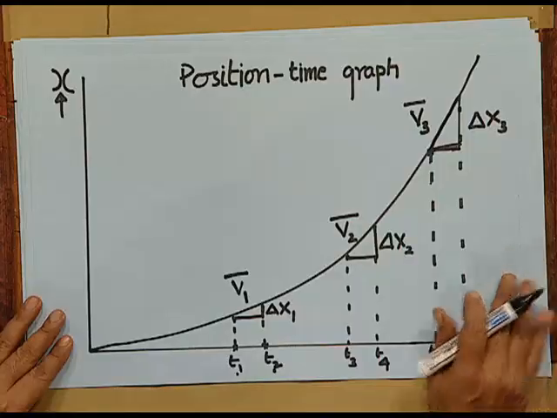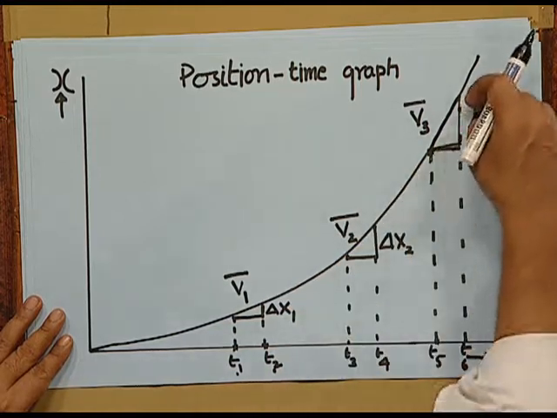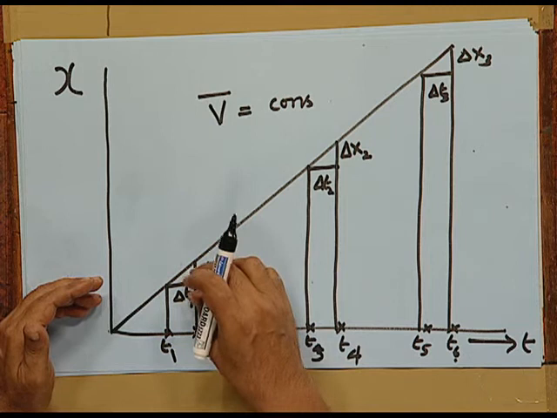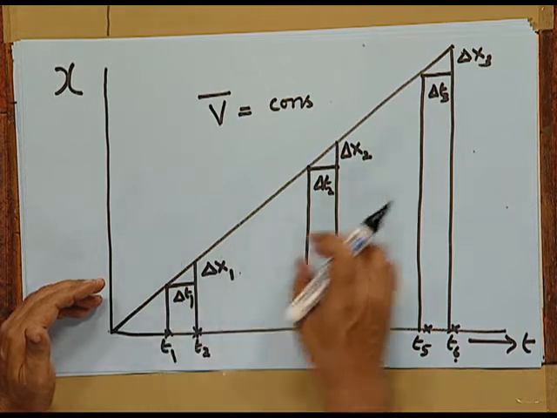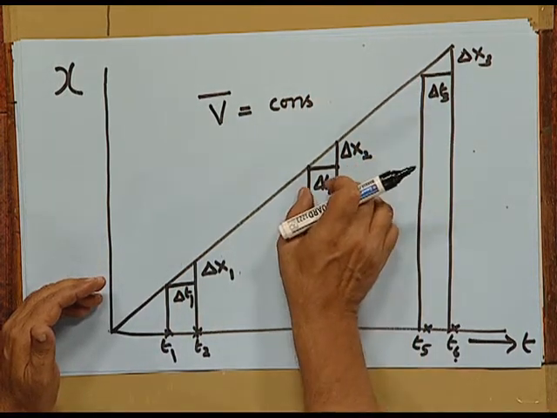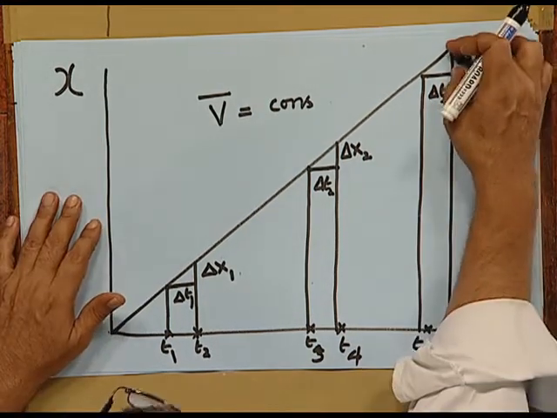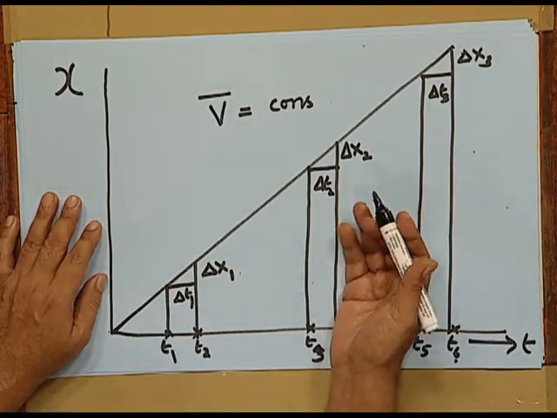Look at this, this is a curve where the position time graph had different slopes at different timings. The slopes go on increasing, meaning the velocity goes on increasing. Look at this graph again, where position versus time was a linear graph. We notice that the slope delta x1 by delta t1 is the same as delta x2 by delta t2, which is the same as delta x3 by delta t3. The slopes are the same, that is the height to base ratio is the same, and this is a straight line. What it means is the velocity remains constant.